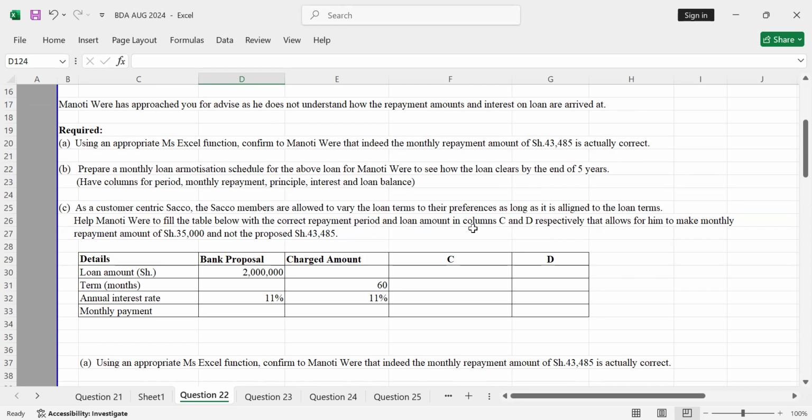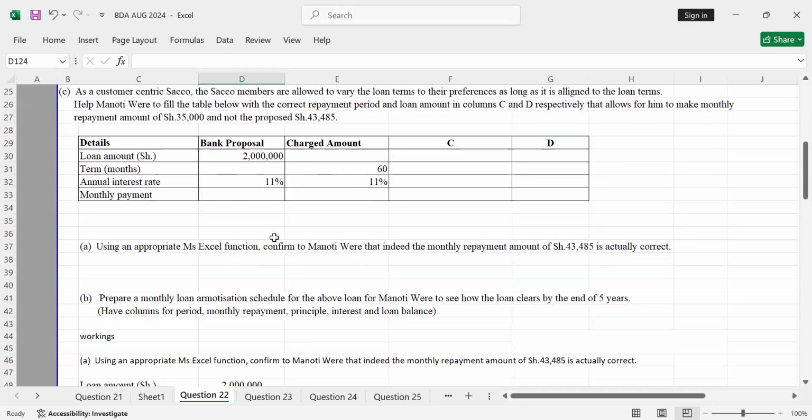This is in column C and D respectively. That allows him to make monthly repayments amounting to 35,000